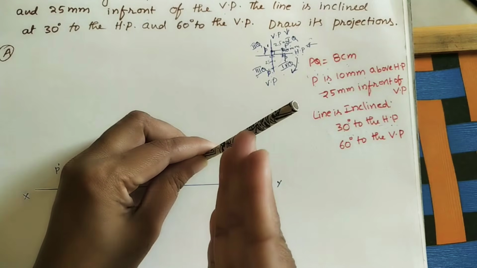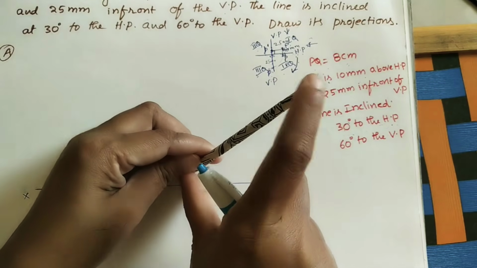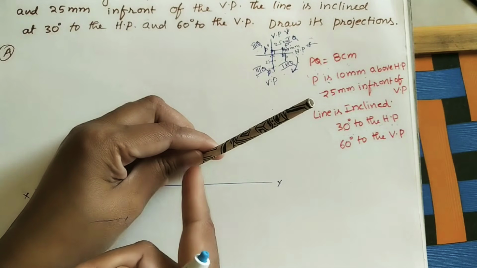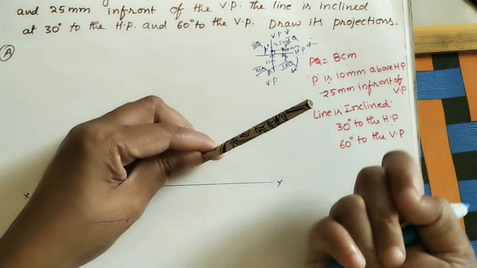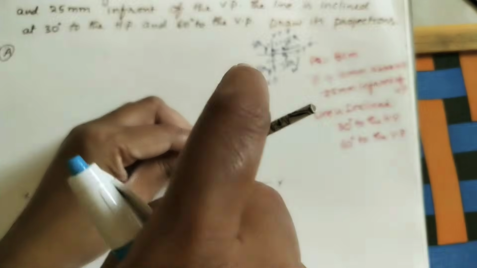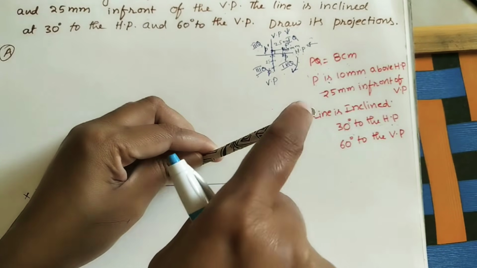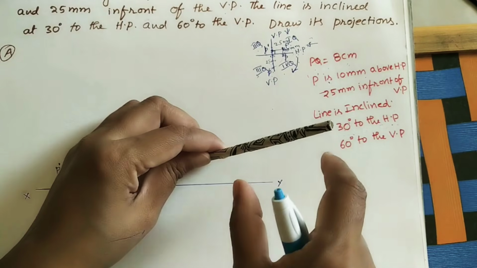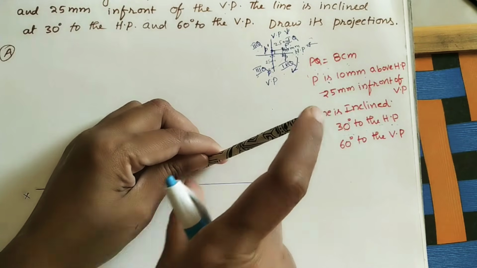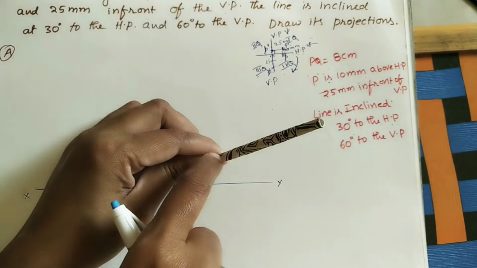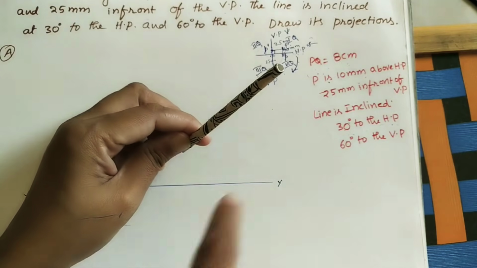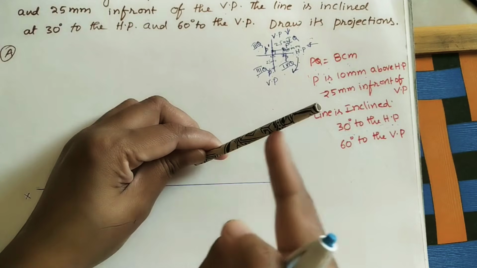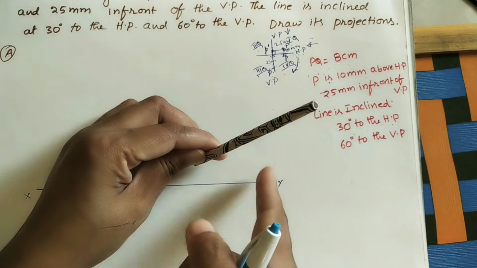So in the front view, we can see the inclined line. We can see the entire length also, correct? If you see from the front, we can see the entire length. How much is it? 8 centimeter. So it is the front view. If you see from the top, this inclined line is looking like a horizontal line with reduced length. We can't see the entire length. We can see the length, but it is looking horizontal here. In which view can we see the true length? In the front view we can see the entire length, and this angle also we can see.